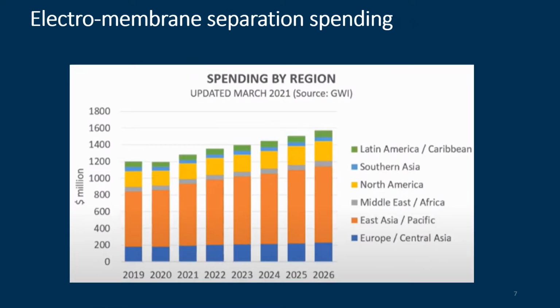Also, they have different resin applications. So you can see what the years are. We are now in 2022. So how much are they spending on these electro-membrane processes? You can see the East Asia Pacific area has the highest spending on electrochemical processes, followed by North America and Europe. So they keep growing their application of